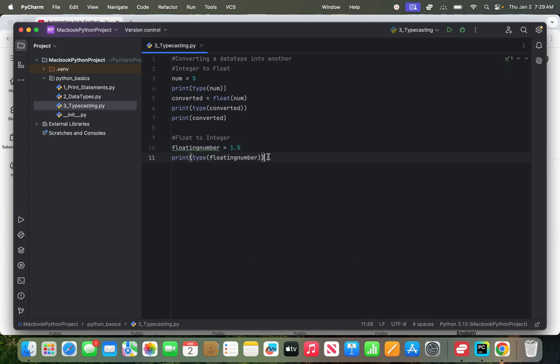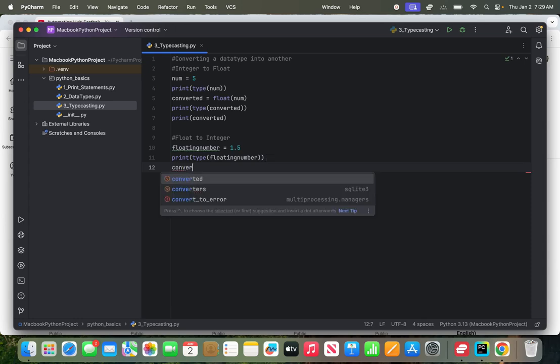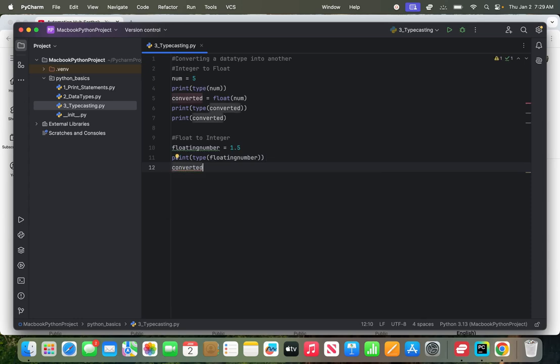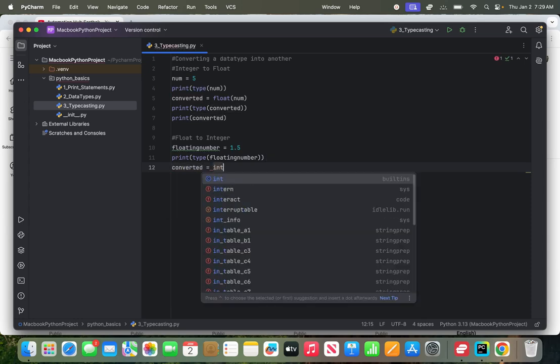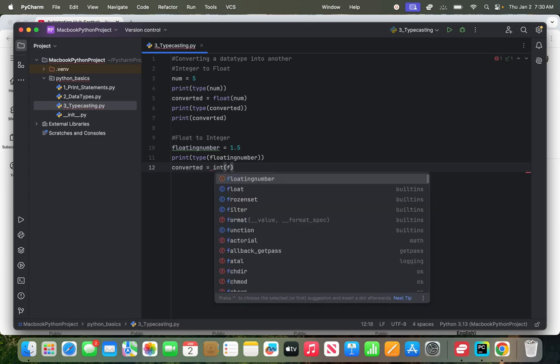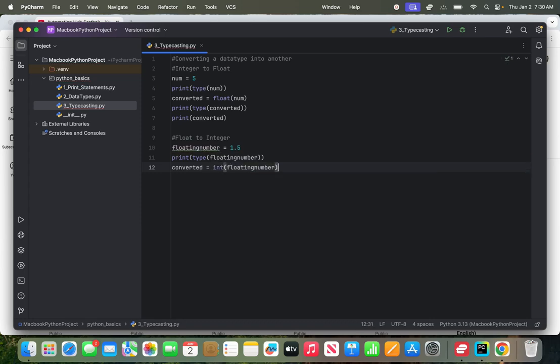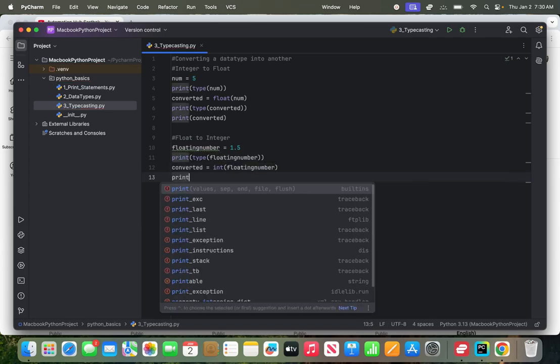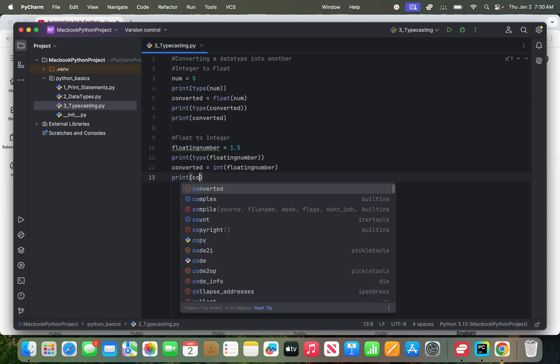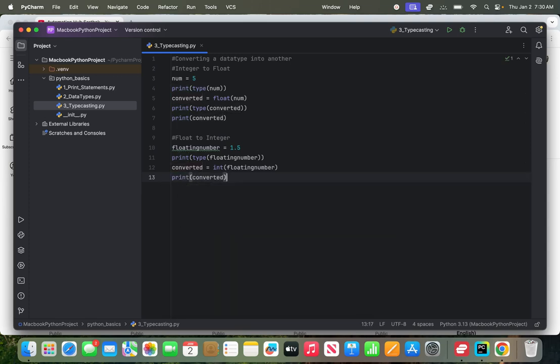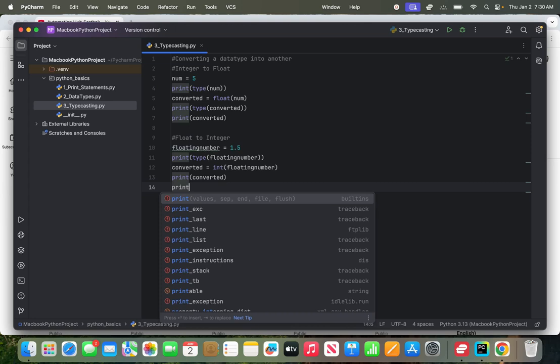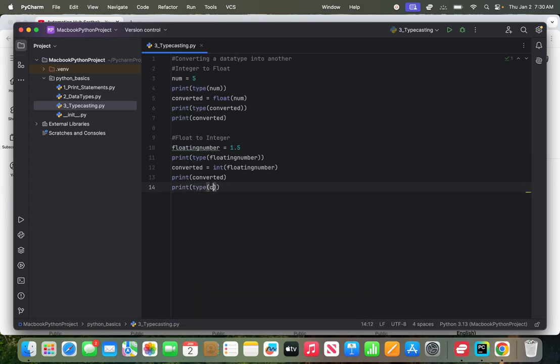So now I have to convert this. So I'll write converted equal to int floating number. Okay, so you can print the converted value, and you can also print the type of converted, and